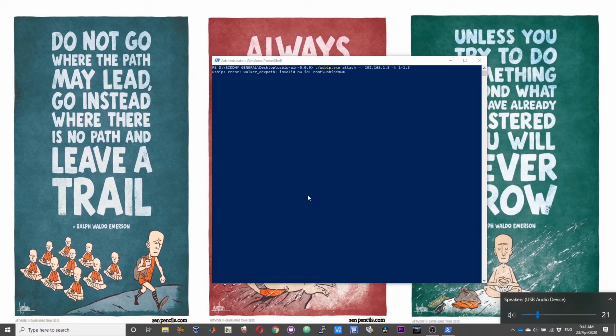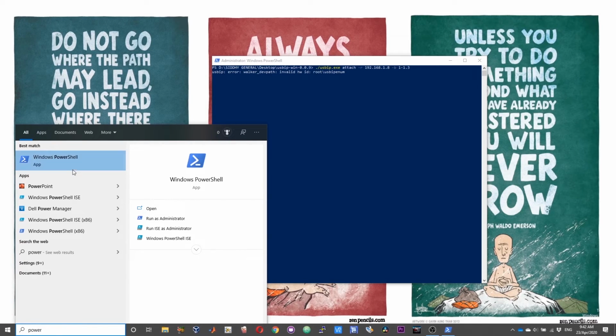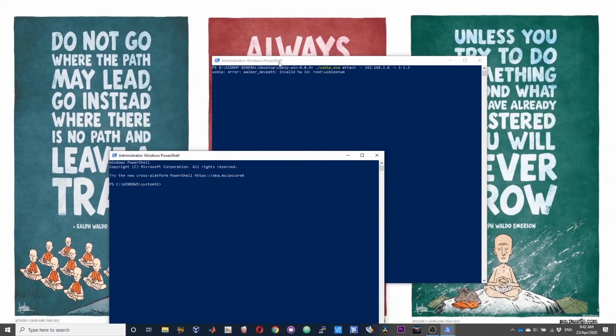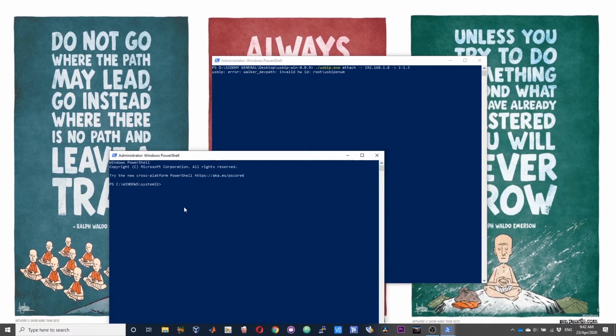If you want to simultaneously attach multiple devices, you need to have multiple PowerShell windows running. Run as administrator, cd, and then the usbip attach command.